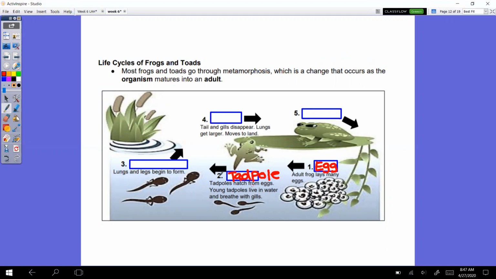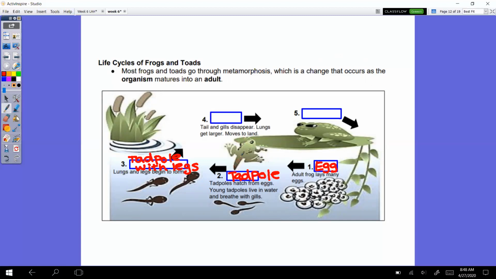Then the tadpole starts to grow legs and their lungs start to form. They still use their gills to breathe underwater, but their lungs start to form because we know eventually, when it becomes an adult frog, it will live on land. So after that is the tadpole with legs. Then their front legs start to grow as well, and then their tail starts to